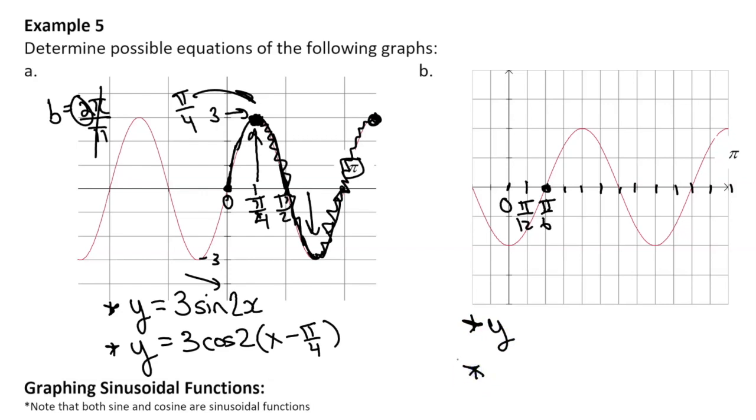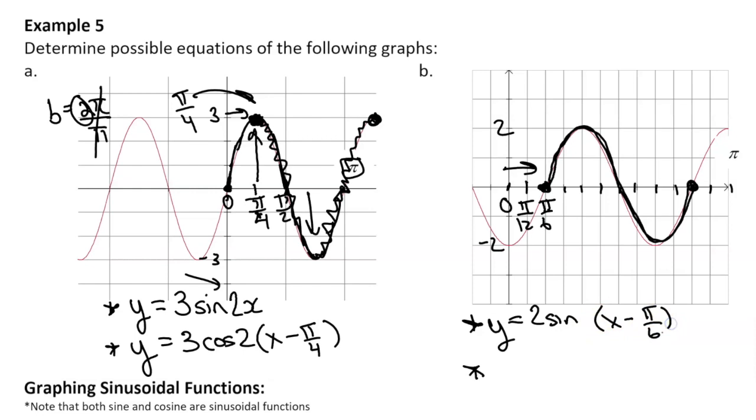Okay, so for sine, we're going from here all the way to there. There's an example of a sine graph. I'm going to leave the period for the end because I think that's the toughest part to fill in. Sine starting right here at pi over 6, and we've shifted pi over 6 units to the right. So we could say something like y equals 2 sine blank x minus pi over 6, and it looks like